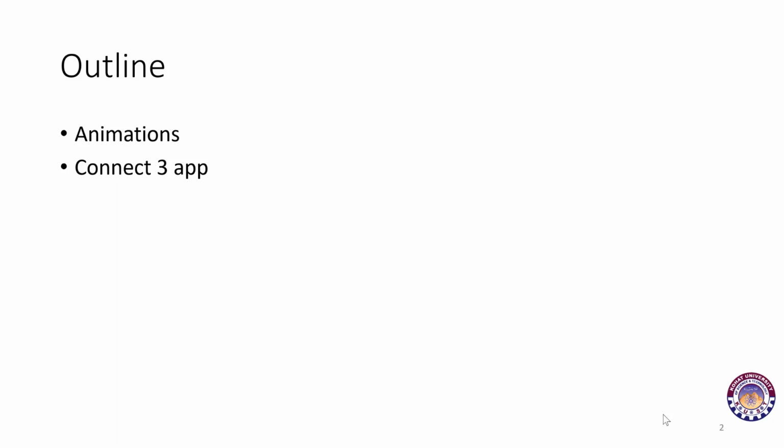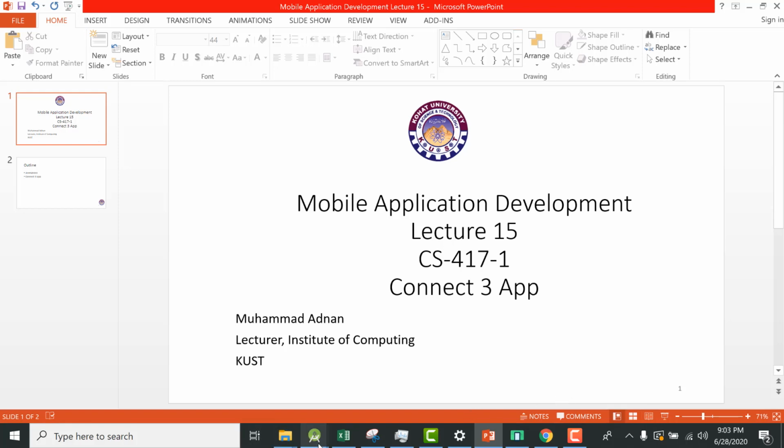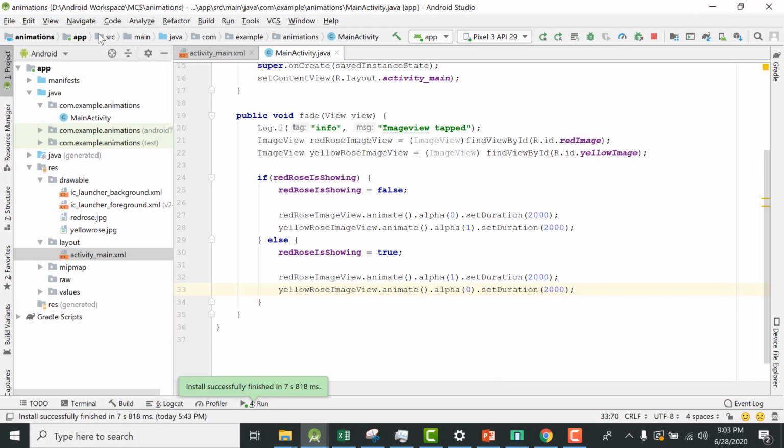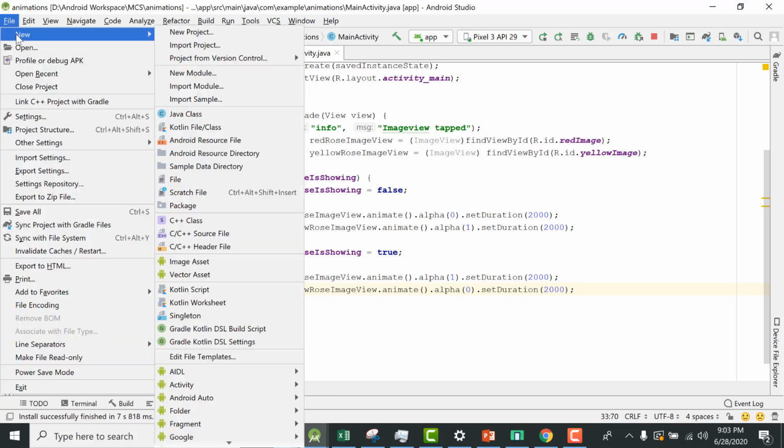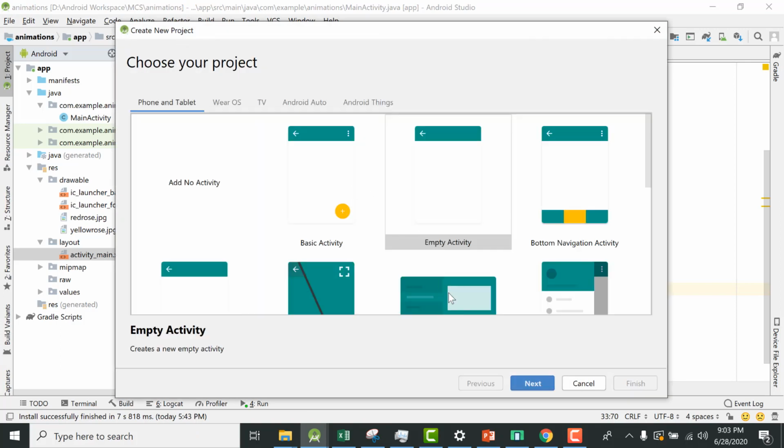So animations are used almost in all apps. They are used to make the app more attractive, to make user interaction easier, or to make the app more understandable. So with that, I'm going to open Android Studio, and first I'm going to create a new app. So click on File, New Project, select Empty Activity as always,